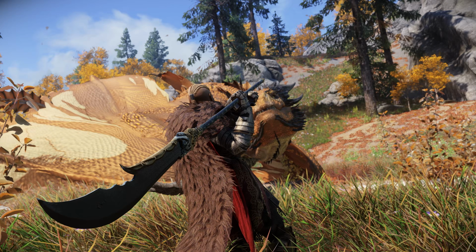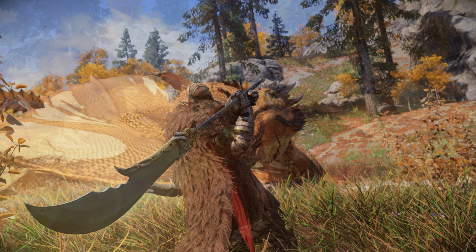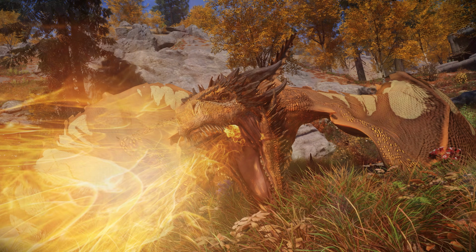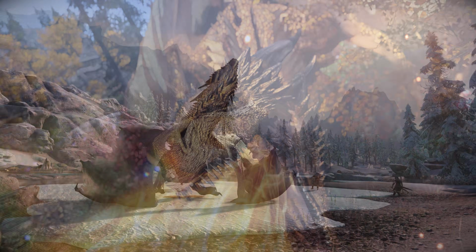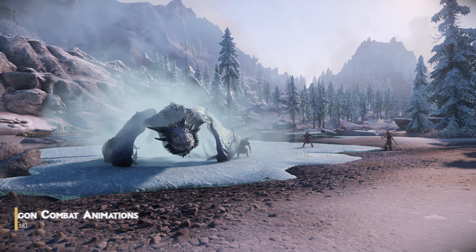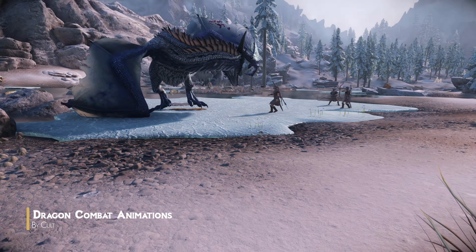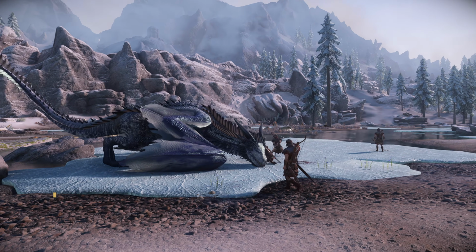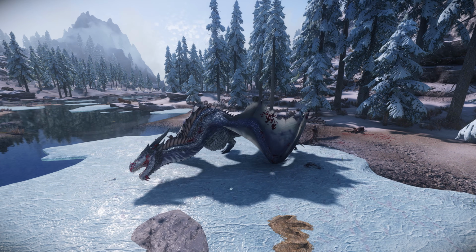However, there are still a few missing pieces in order to have the best dragon overhaul. And one of those is the animations. I'll be tackling 2 animation mods that I recommend you try out. First, we have a recently released mod called the Dragon Combat Animations, also known as DCA. DCA completely revamps vanilla dragon attacks with an array of new, visually stunning animations, such as the frontal 2-bite attack,